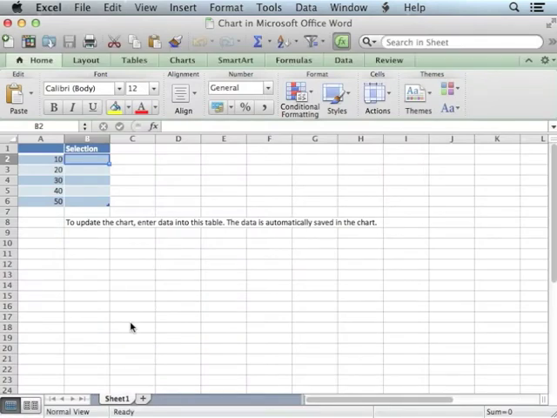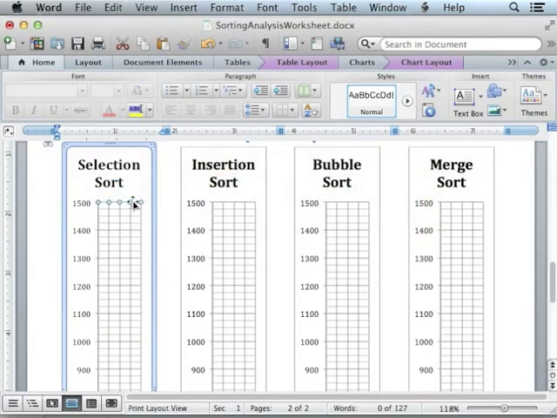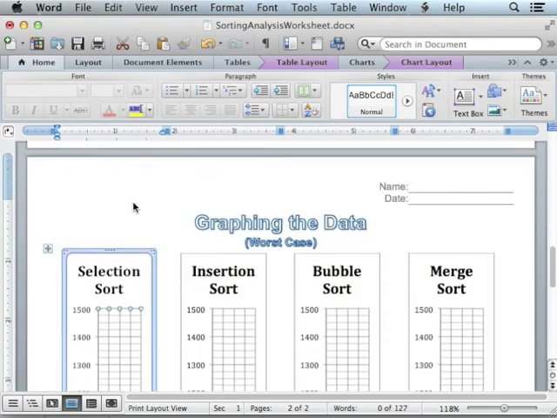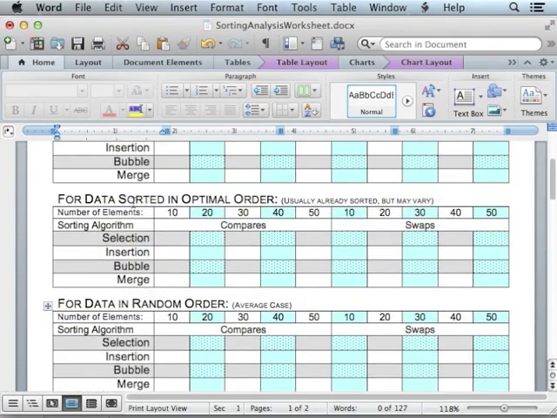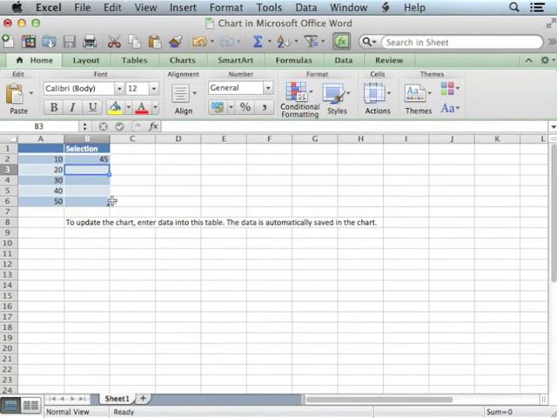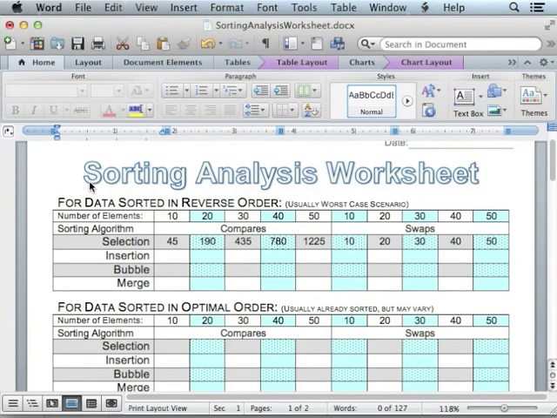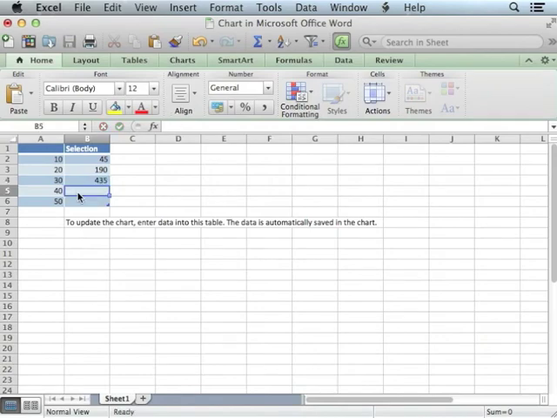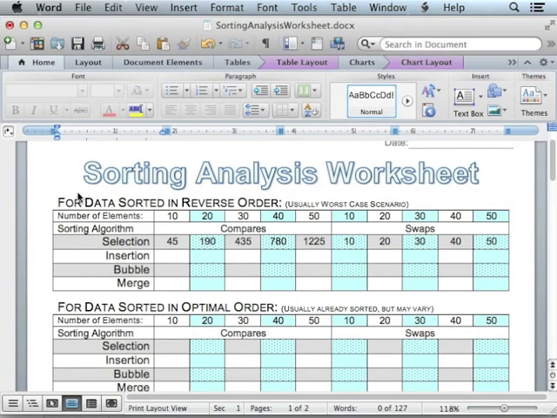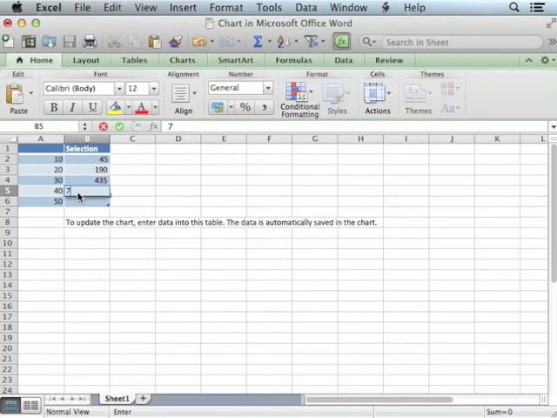For 10, we had 45 swaps. For 20, let's scroll back up, we had 190. Then for 30, we had 435. For 40, we had 780 and